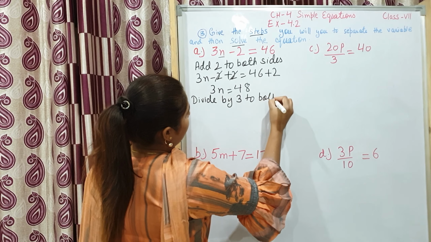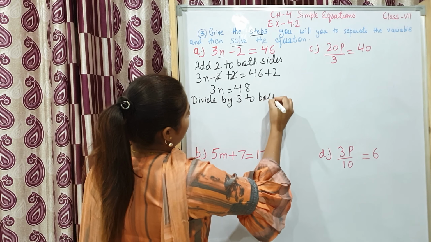We have to eliminate the number present along with the variable. So first we will eliminate this 10. Here it is addition, we will do subtraction. Subtract 10 from both sides. Now 10p plus 10 minus 10, 100 minus 10. Plus 10 minus 10 cancel out. 10p. 100 minus 10, student, 90.